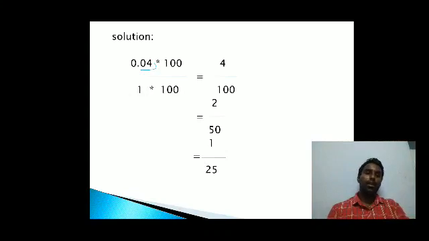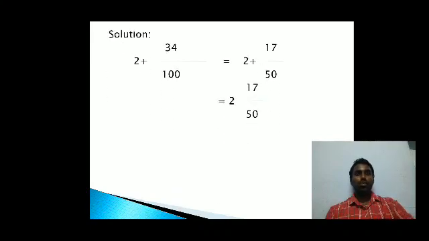So 4 by 100. And if we simplify further, 2 2s are 4 and 5 2s are 10, and that 0 will be included, so 50. So 2 by 50. Still we can reduce it: 1 2 is 2, 25 2s are 50. Okay, so understand, students? Okay, so the next one,